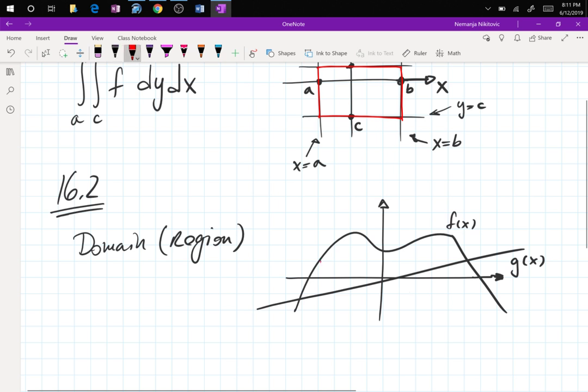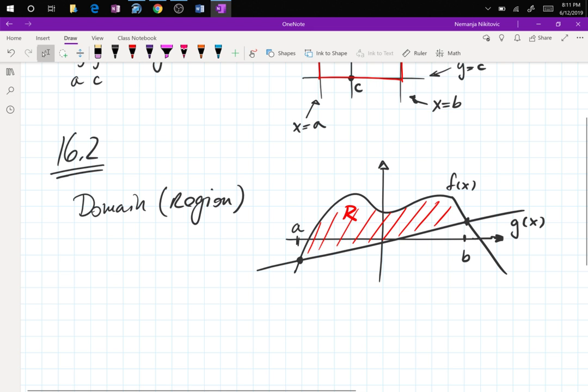So your region R is now this. That's region R. It's no longer a rectangle. Now these two curves will intersect at points A and B,